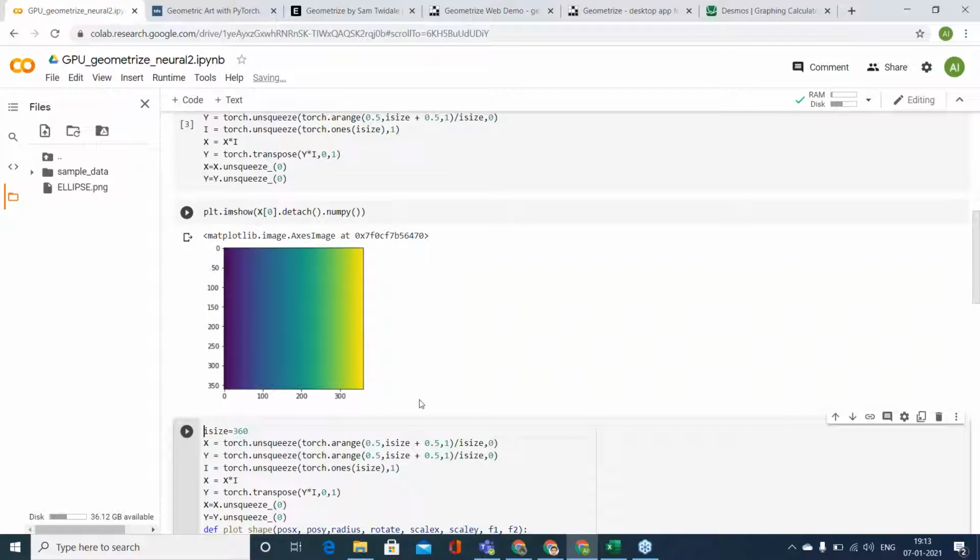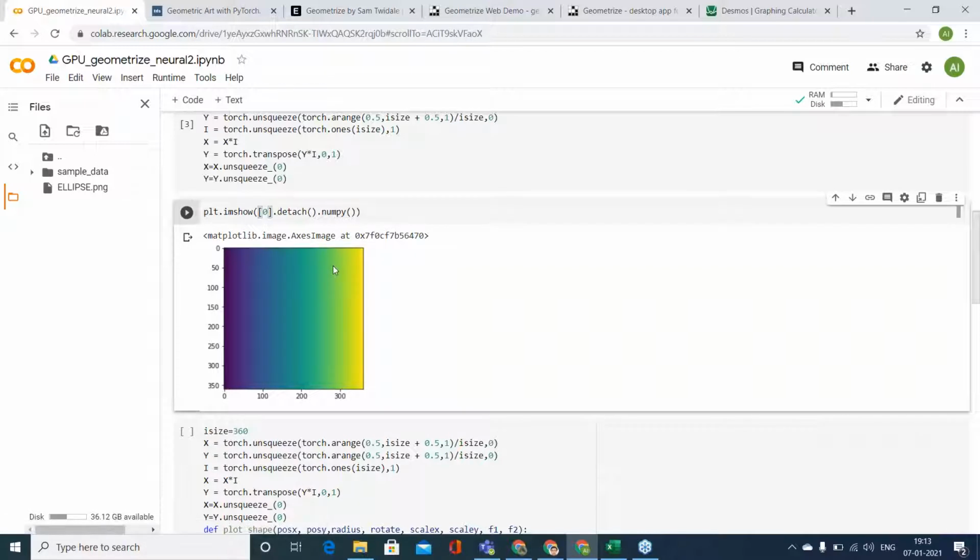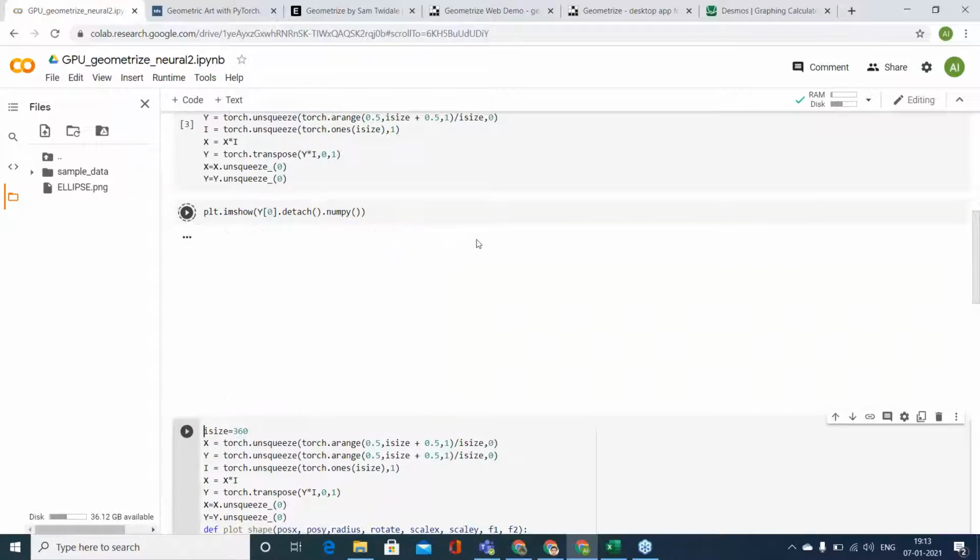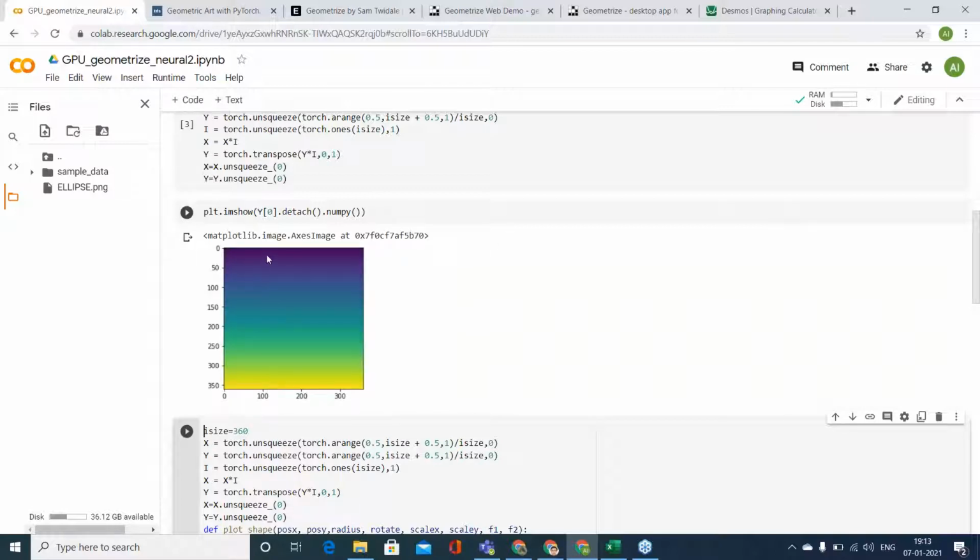This is my X coordinate varying from 0 to 1. Yellow color means 1 and this purple color is 0. And I've given a Y coordinate, which also varies from 0 to 1.